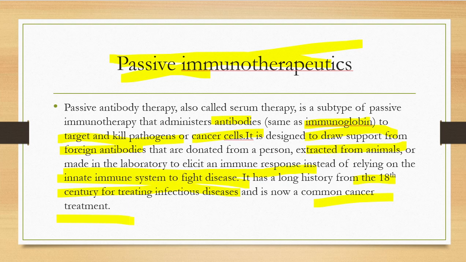Instead of stimulating the patient's immune system, it provides immediate protection using antibodies obtained from humans, animals, or laboratory production. This approach has been used for many years in treating infectious disease as well as cancer. Moving forward,